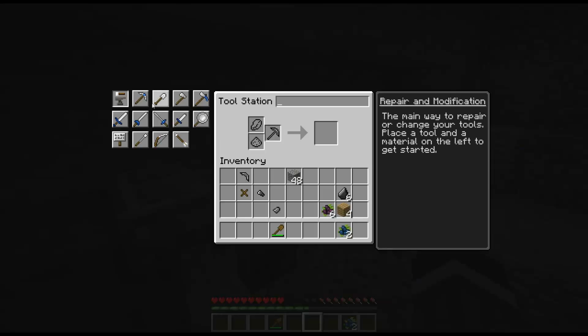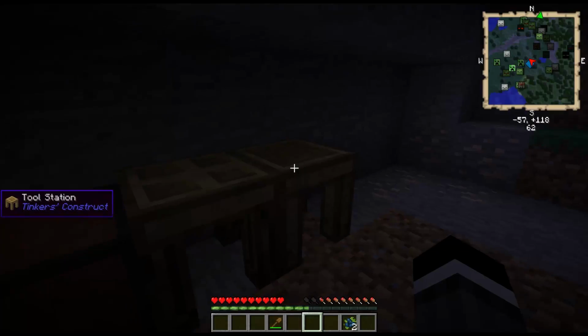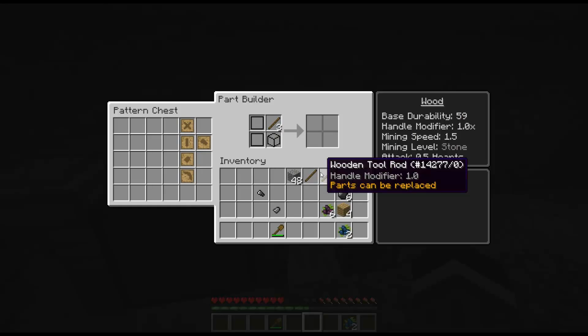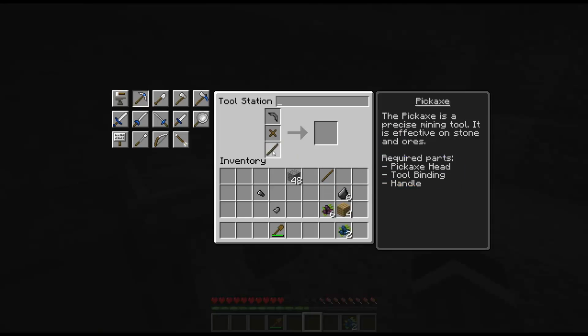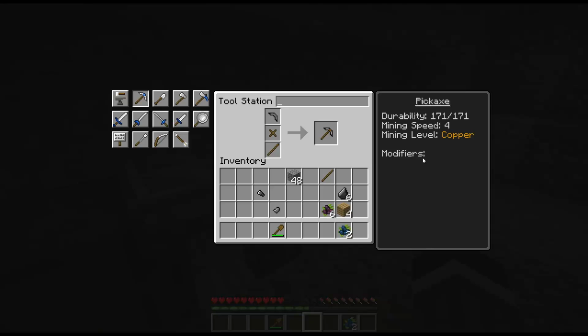And let's go ahead and make a couple things. So pickaxe, it's going to take our head, our binding, and I didn't make any tool rods because I was silly. Okay, we're going to need 2 more tool rods. 1, 2. Now, why are tool rods different than sticks? I don't know. Because they have to be. Because tool rods can be made out of other things that aren't wood. Sure. Okay, tool rod, binding, flint, pickaxe head, and